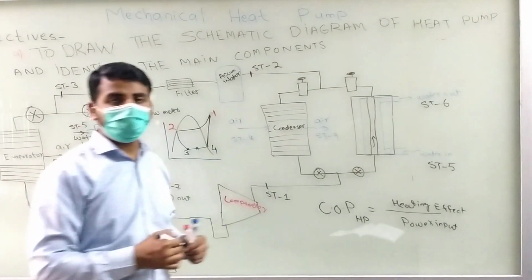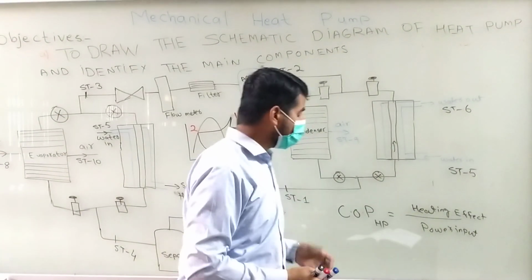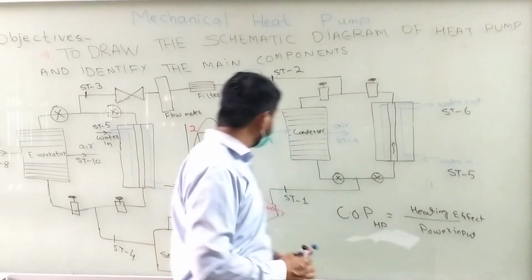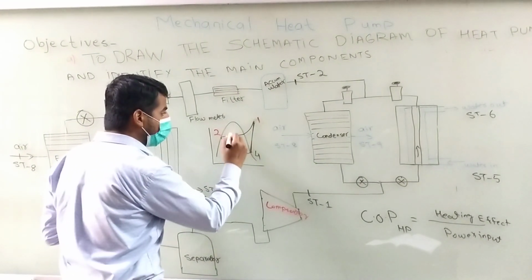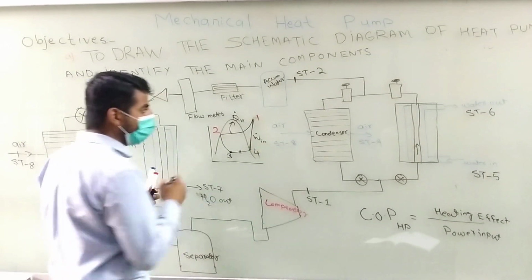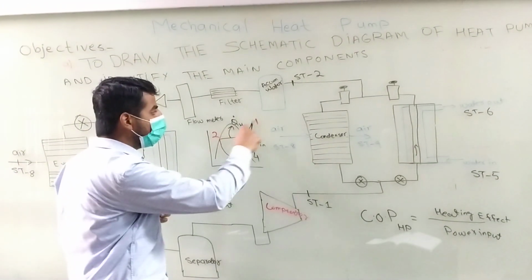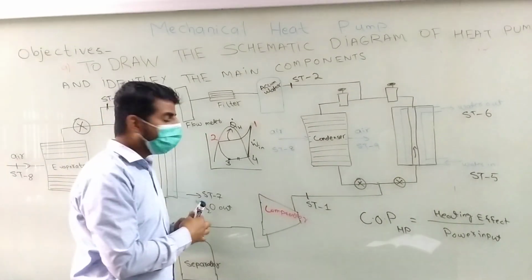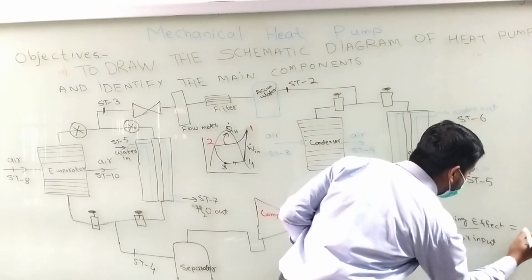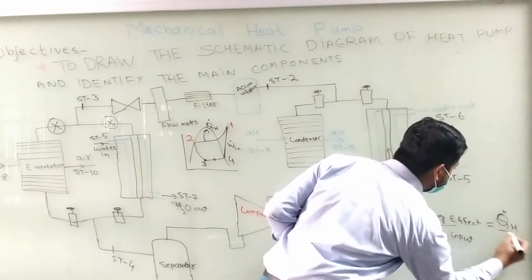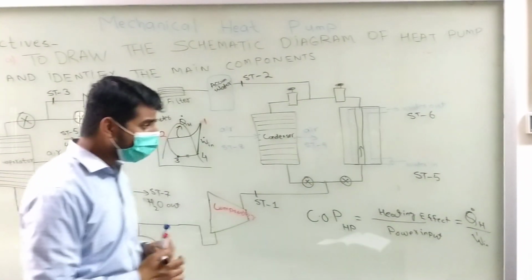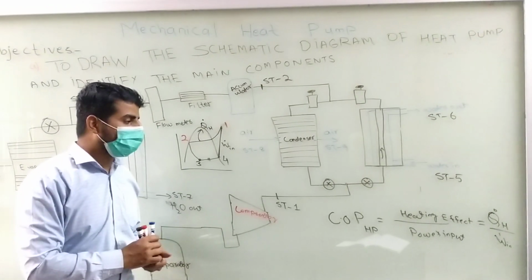So that is the COP of the heat pump. The heating effect is how much heat is released by the refrigerant. You can see here, this is Q dot H, and this is the work input in the diagram. So the COP is basically this heat rejection 1 to 2, how much heat is released in the condenser, divided by the compression work input. So I can say that this would be Q dot H divided by the work input from the compressor. Okay, so now how to calculate these two values experimentally?